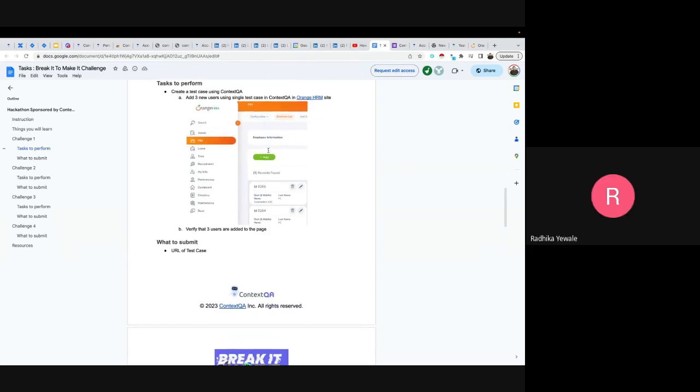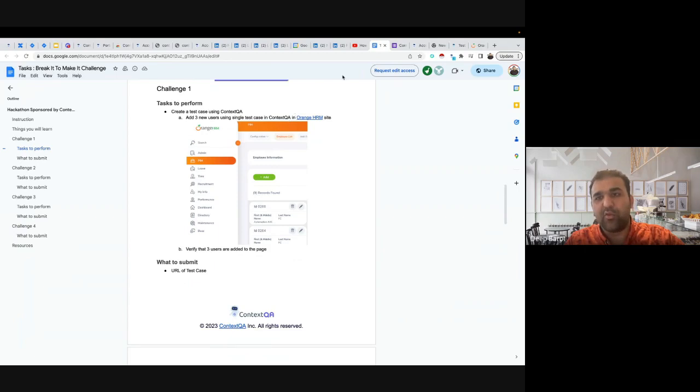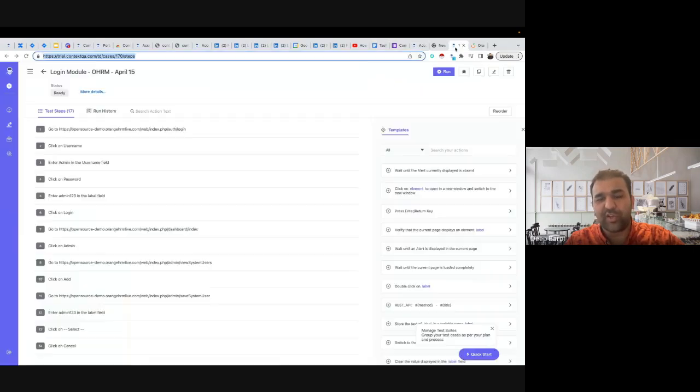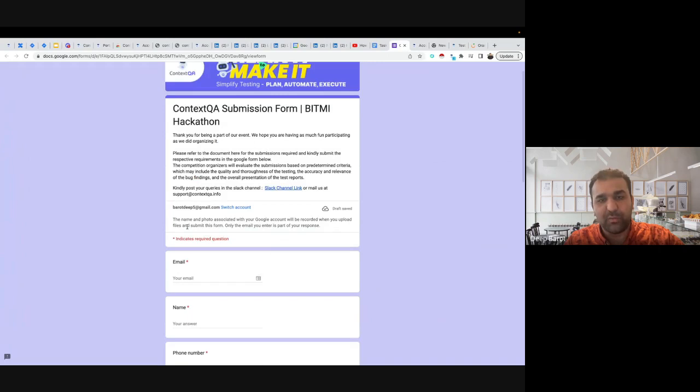Means we have to create the test here and only upload the links on the Google Sheet. Yes. You will perform all the actions in the Chrome extension or our portal, in the ContextQA portal, and only the links and screenshot you need to upload into this Google form as a part of your submission.